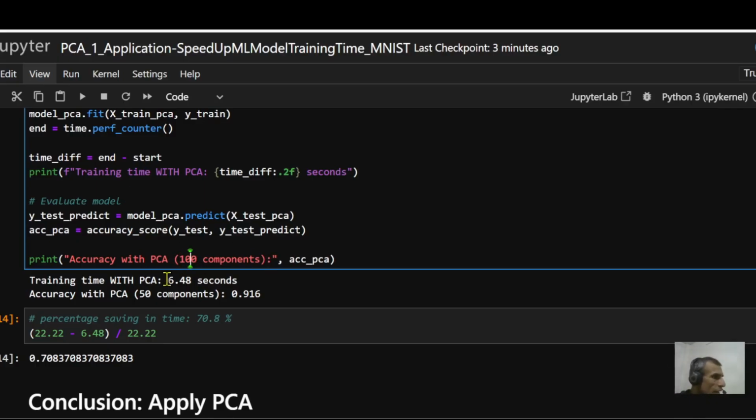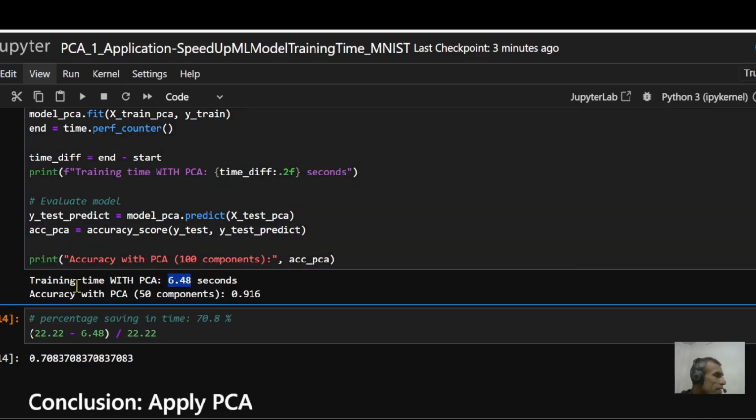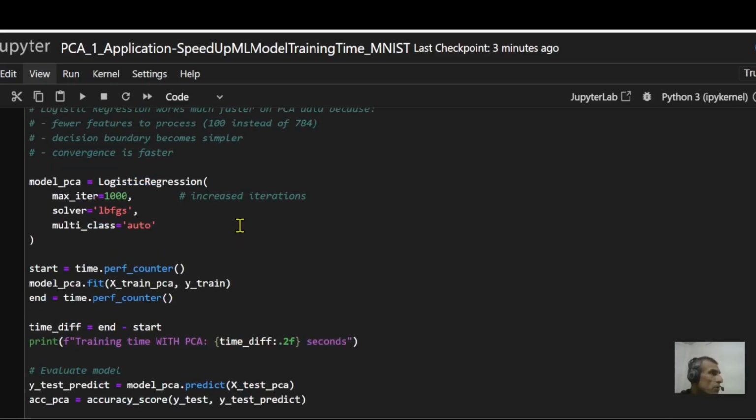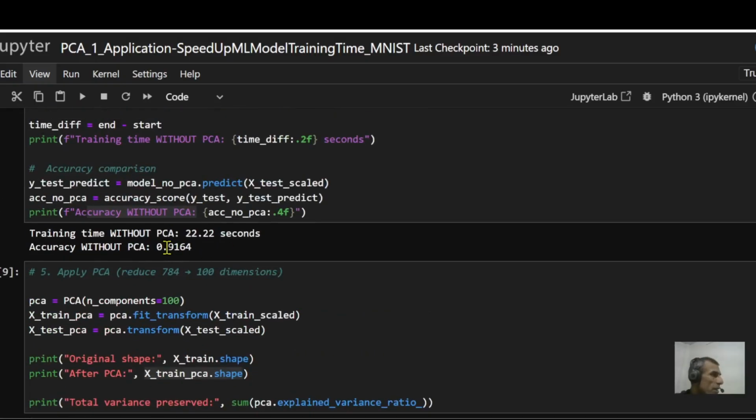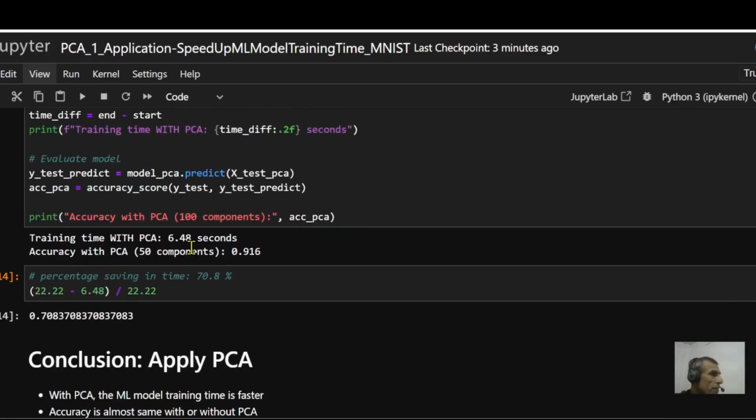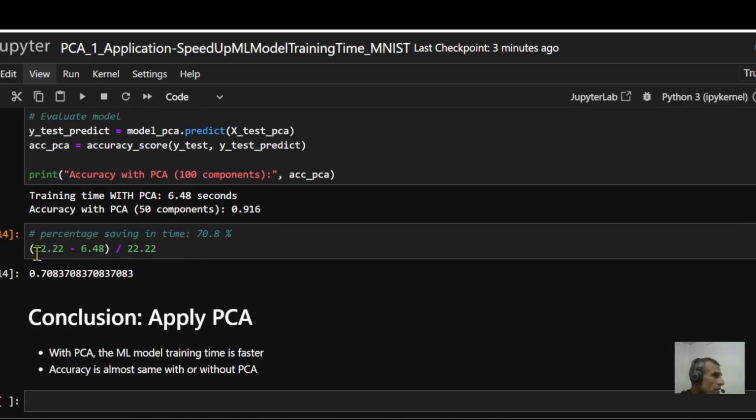You can see over here that training time with PCA was 6.48 seconds, and the accuracy with PCA with 100 components was 91.6%. So this one is 91.6%, and before it was 91.64%. You can see the accuracy has not dropped significantly. It's almost pretty much the same. But the time definitely it saved. You can see that 22.22 minus 6.48 divided by 22.22, and the answer is 70.8. So you have saved